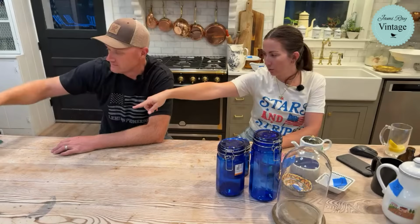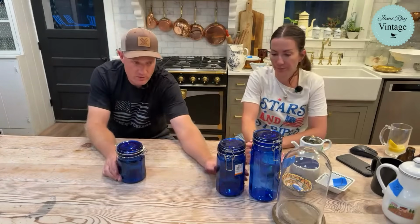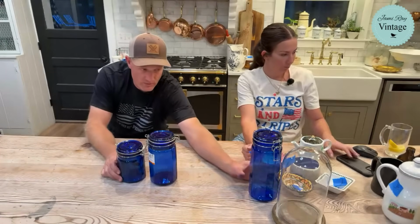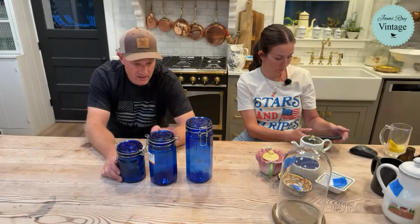Here, can you pass me that? Though we're not painting that. That one's not getting painted. Cobalt blue canisters. These are usually fast sellers for us, and we found a set of 3 at Savers. This one was $4.99, $3.99, $3.99. We're selling the whole set for